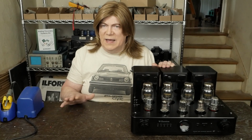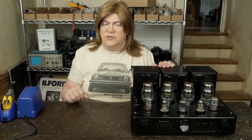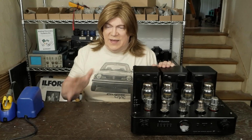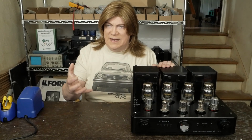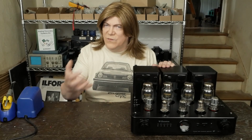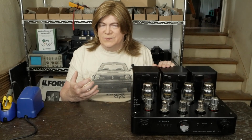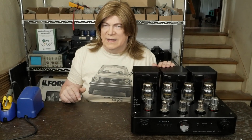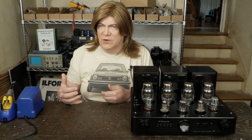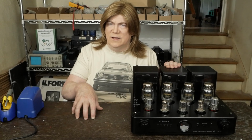They have a really nice bass crispness to them, and I think that's one way of describing them, is they're really crisp sounding tubes. They have a really good mid-range sound as well. I will say the vocals are a little more forward than with the other two sets of tubes, which I actually kind of like. It gives a three-dimensionality to the music, where to me the Gold Lions are a little